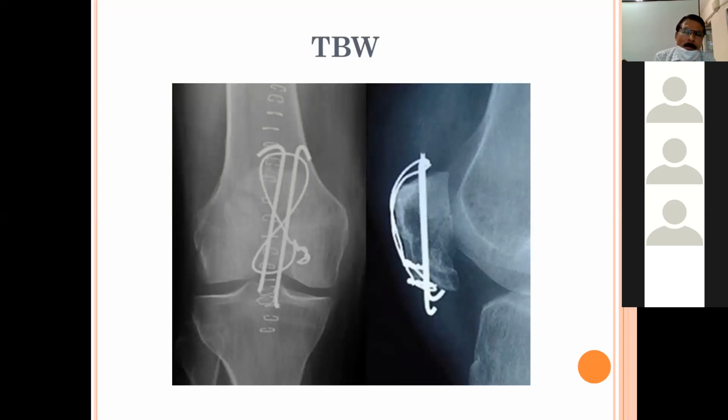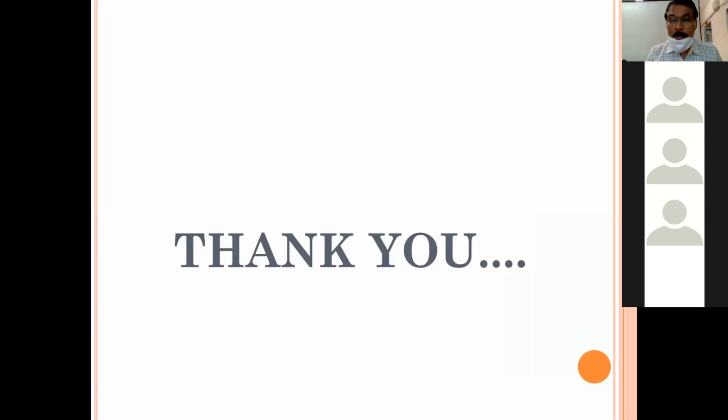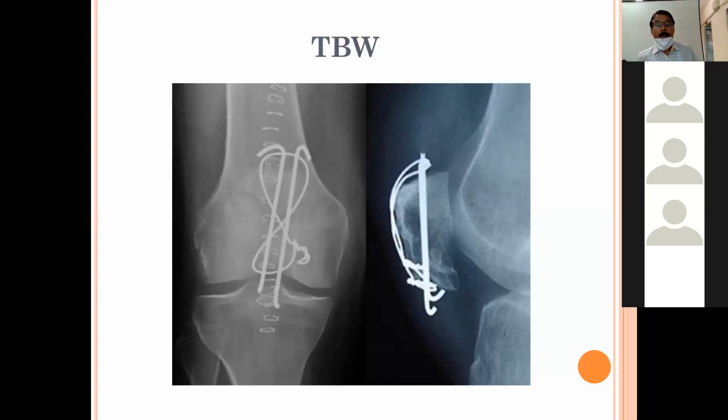This technique is also applied to some other fractures like oblique fractures, medial malleolus fractures, sometimes the lateral end of the clavicle. So tension band wiring is a principle of fixation, and this is an example of how it is done: two K-wires and a loop of stainless steel figure 8. So this is the heading.